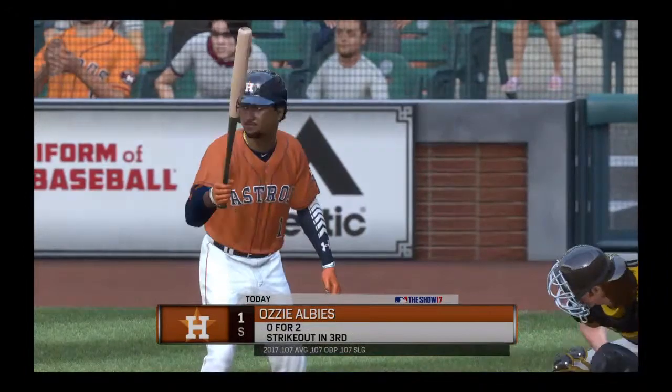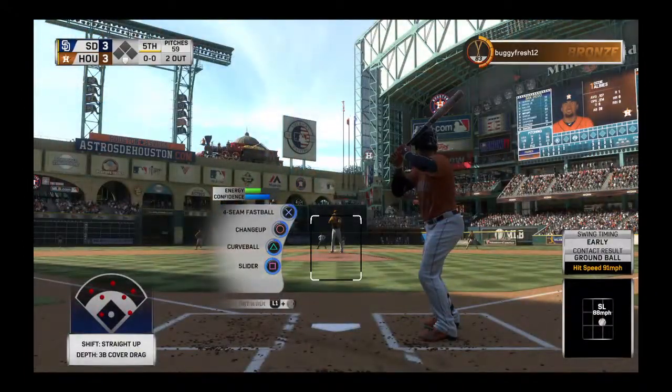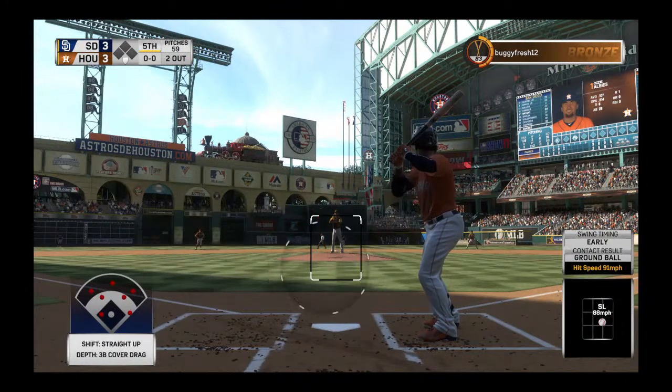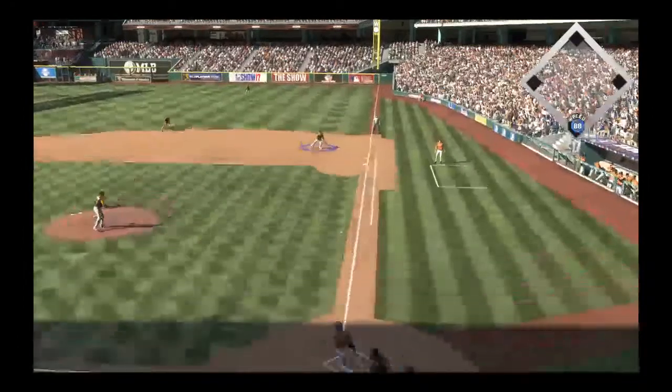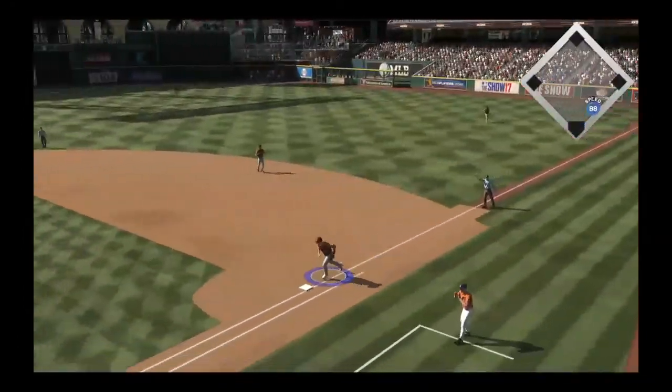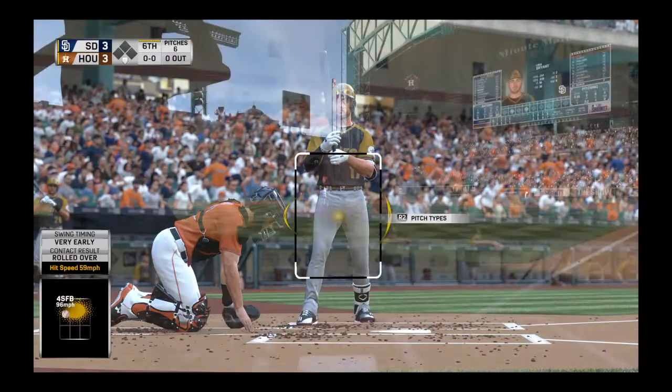Now at the plate, Ozzie Albies. He's 0 for 2 with a strikeout in this one. Tapped up the first baseline. Gonna be a tough play. Goldschmidt will take this to the bag himself. Digging in once